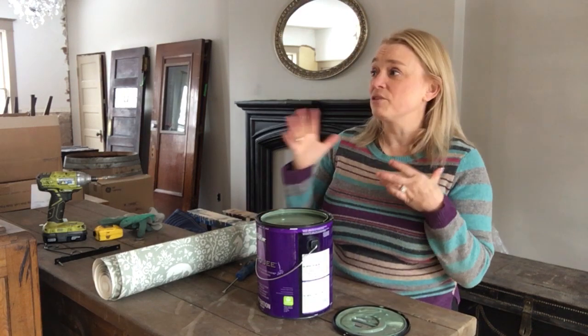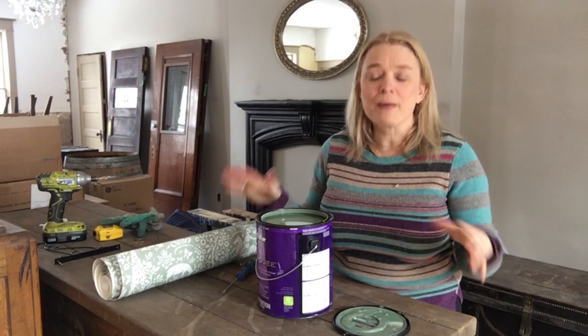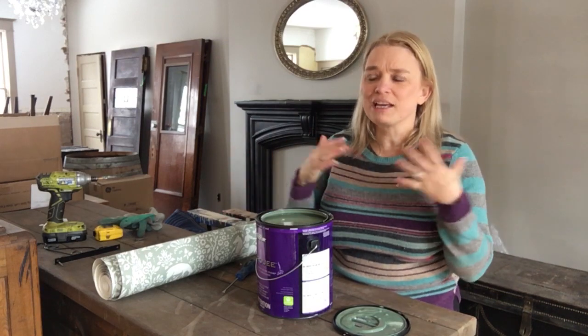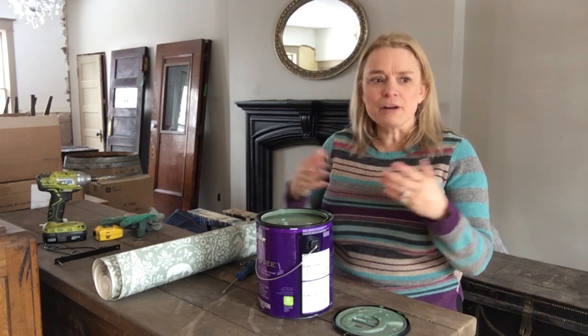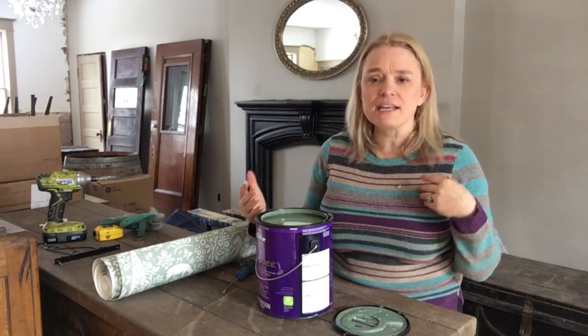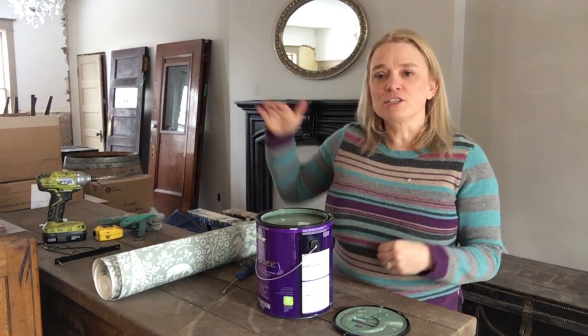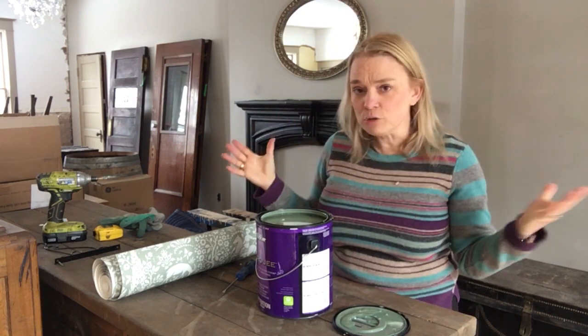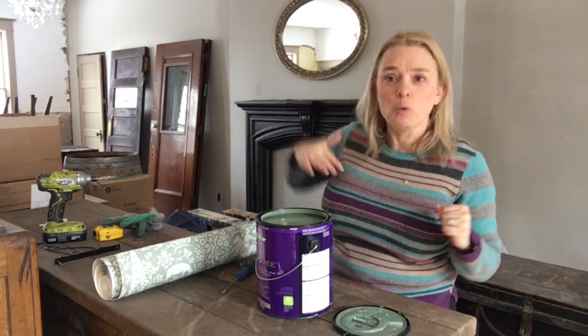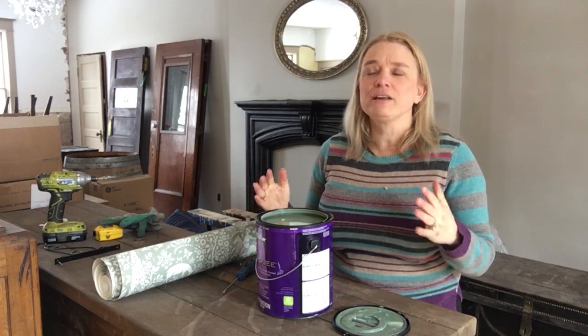So I am so excited. We are this week working on painting, wallpapering, getting this room put together so we can actually show you what the green room is going to look like. But I think it's going to be a really dramatic and very warm, very neutral too. We want to be able to use different colors in here, but having the greens, the top part of the wallpaper will just be the top part of these walls. The bottom part is going to be a neutral paneling, so it's not the whole wall, it's just the top half. And I cannot wait to see the paint, the wallpaper up, and to actually get used to calling it